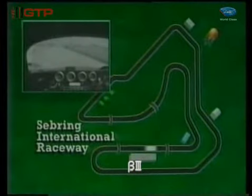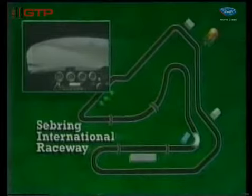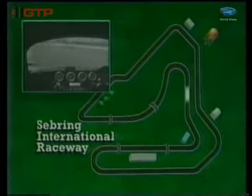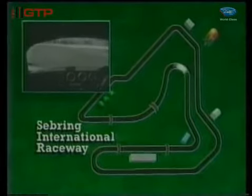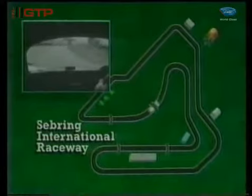Down the front straight into turn 1, a 90-degree left-hander. Then it's up through turn 2, just a little jog to the right. Then up to turn 3, known as the carousel, and you might see lots of passing going into this turn during the race. Then it's a big, long, gradual sweeper to the right, where the cars will be accelerating under